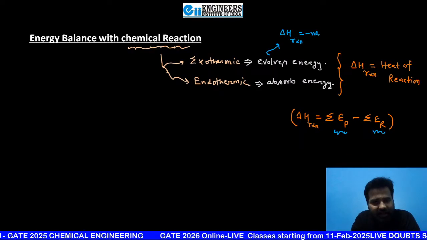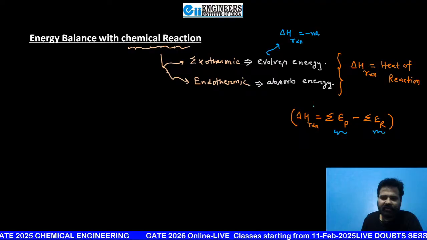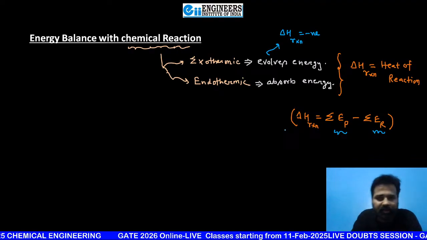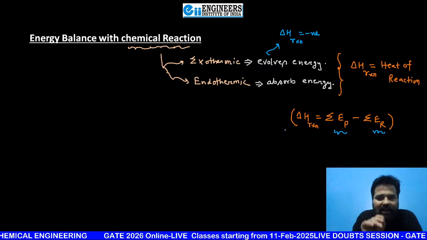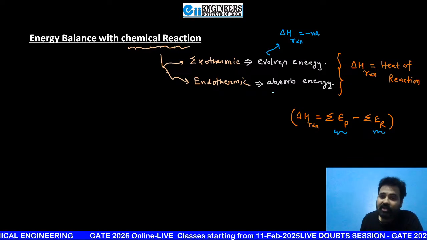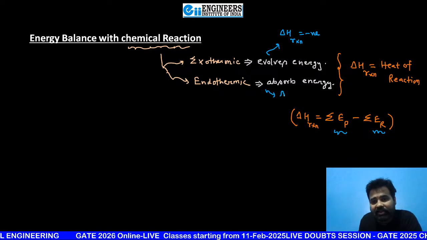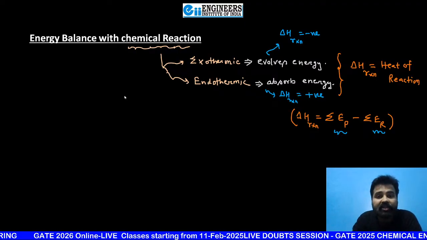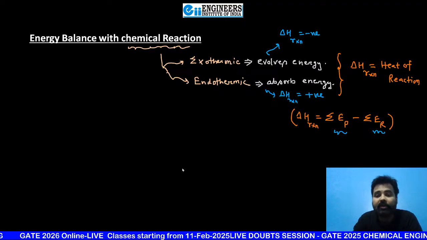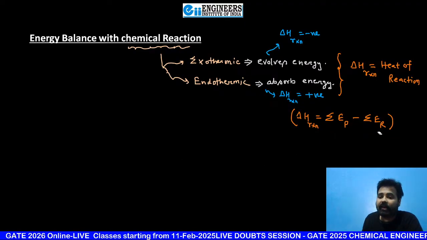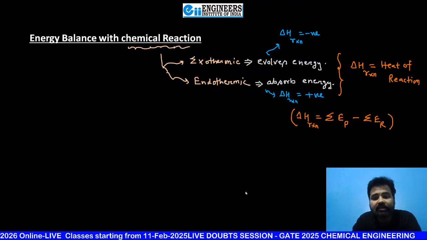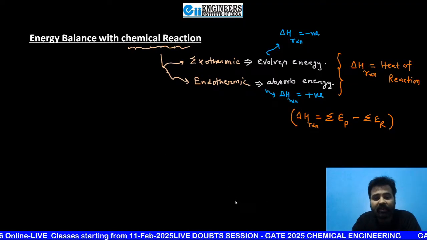So if delta H is negative, in this subject just forget the details; you will see this topic in detail in chemical reaction engineering. This time, just focus here. If delta H is negative, that means exothermic reaction. If delta H is given positive, that means it is an endothermic reaction; it is going to absorb. If it is going to evolve, then it is an exothermic reaction.